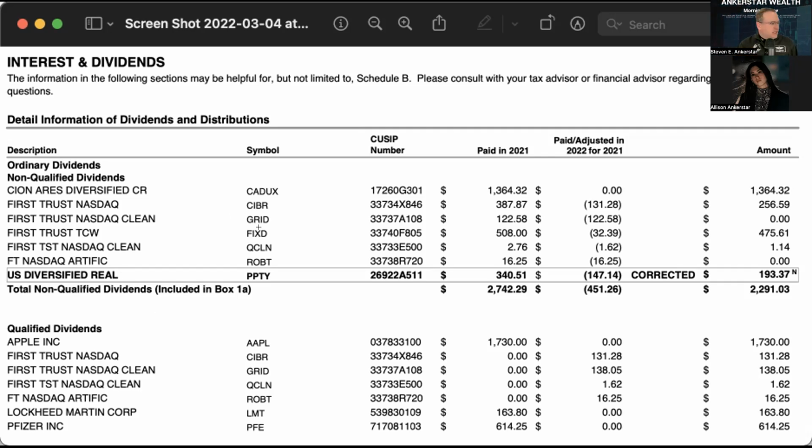So in the case here, you can see in bold where it says corrected, the culprit is this U.S. diversified real estate holding called ticker PPTY. Well, that's been one of our best holdings. On our sheet, it's been in our top 10 because of the anticipated inflation. Of course, it's run up nicely, but now you get a little correction in there. So that's one screen that I will show you for the correction, and then another screen here for what it looks like on the main page,